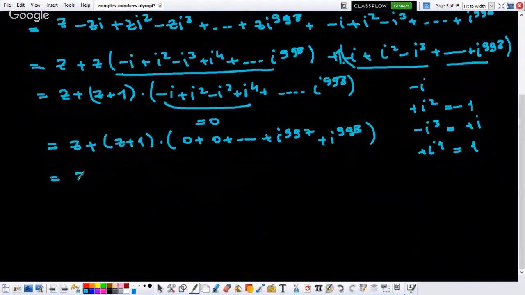This is going to be equal to z plus 1 times i to the power of 997. You remember this is going to be minus i in order, it's going like that, minus i, and this is going to be the i squared. So all of them are 0, the sum is 0, minus i, and the last one is going to be plus i squared. i squared is equal to minus 1, so it's equal to minus i minus 1, which is equal to